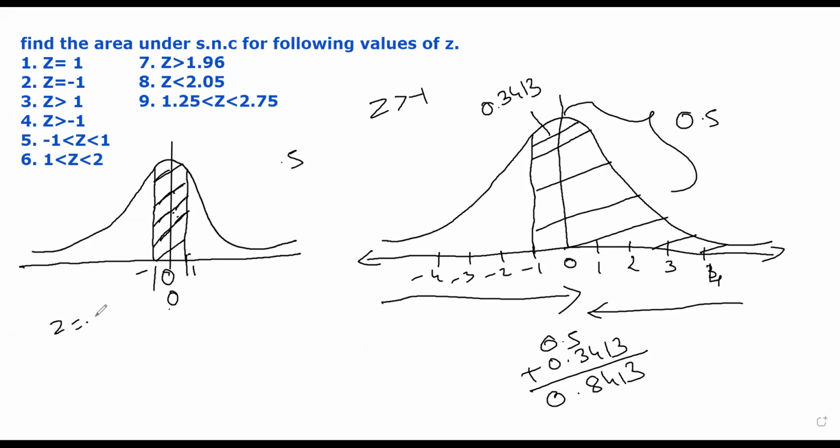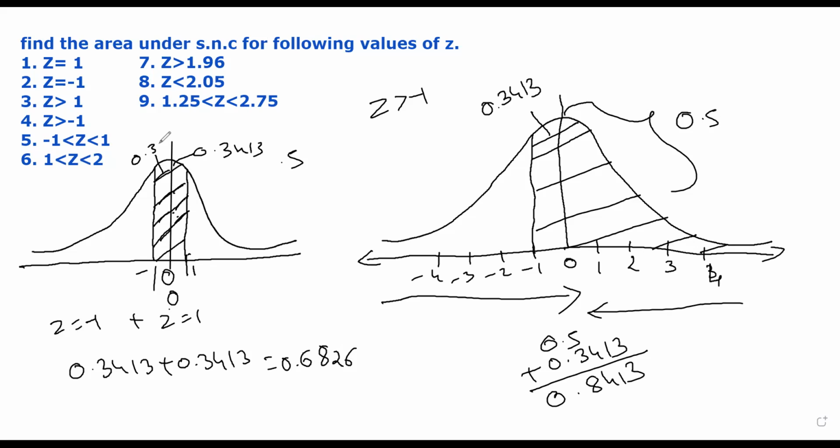So this is nothing but z is equals to -1 की area plus z is equals to 1 की area. That is 0.3413 plus 0.3413. That will be 0.6826. 0.6826 area I am talking about. Area between z is equals to -1 and z is equals to 1. क्योंकि ये सिमेट्रिक है ना, इधर की एरिया और इधर की एरिया सेम है. हमको पता है z is equals to 0 और 1 की एरिया 0.3413 है. ये भी एरिया 0.3413 है. हम लोगों ने तो बस उसको ऐड कर दिया, हमको मिल गया हमारा एरिया.